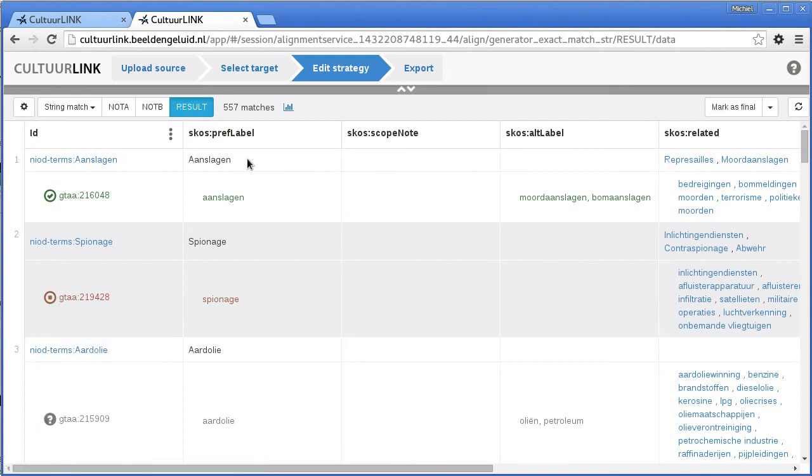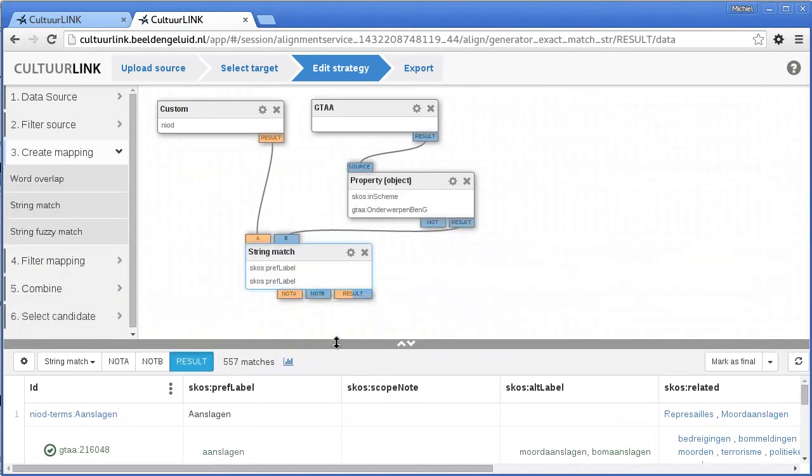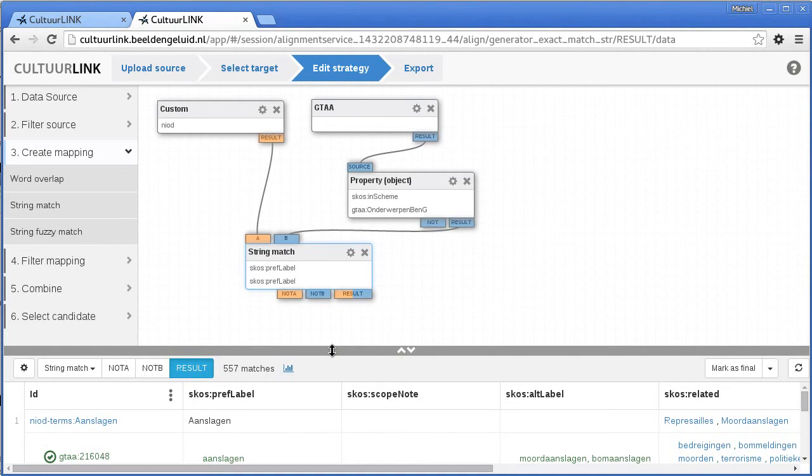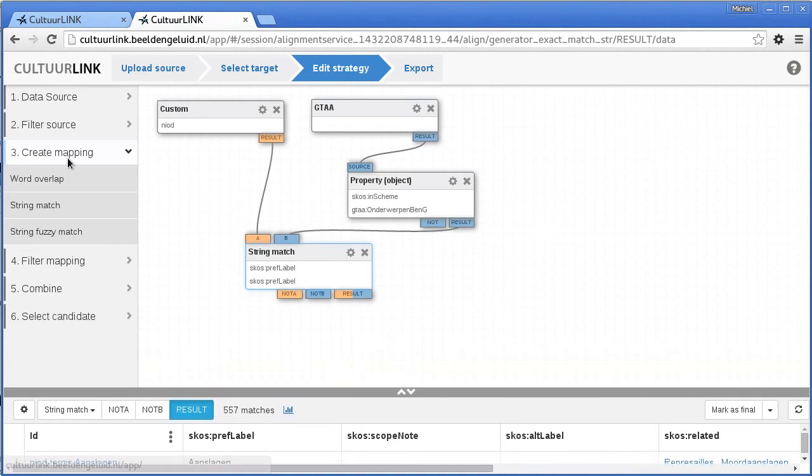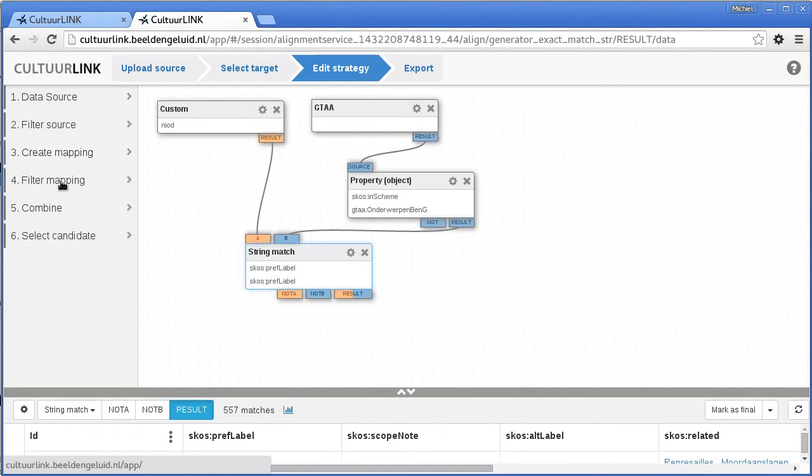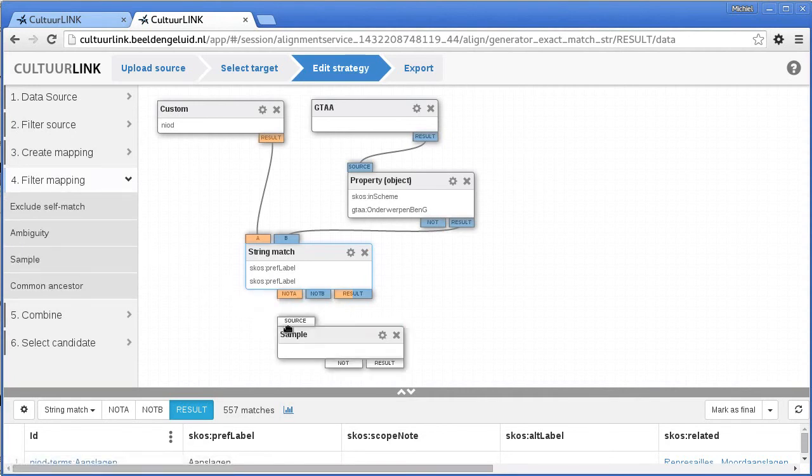In this case it would be a bit too much work to evaluate all 557 matches, and we probably also don't need to do that because we used a very conservative match operation here, very simple. So we expect actually that most of the results will be good. So what we will do instead is to just take a small sample and evaluate that. And if all of those are good, then we are confident that we don't have to evaluate the rest. So we take a sample using a filter mapping block. So we drag the block in, we connect it to the result output,